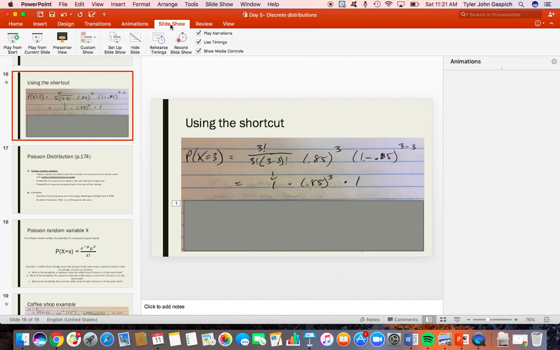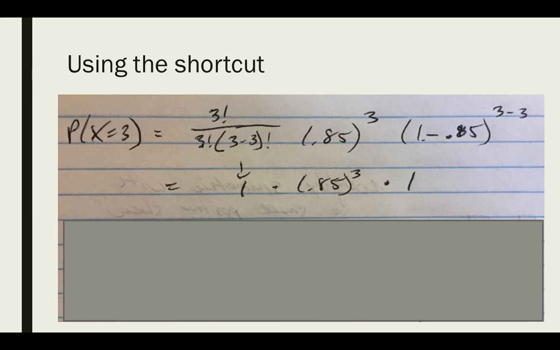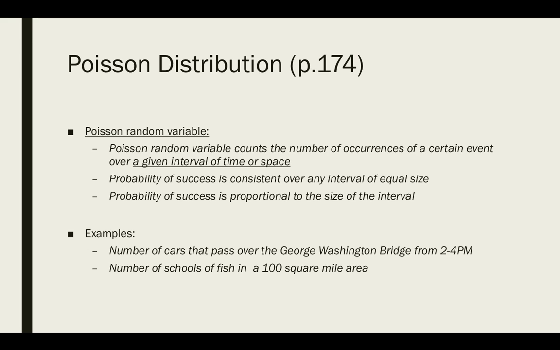Okay, the last video in our series features another discrete random variable distribution. It's called the Poisson distribution, and this starts on page 174 of the text if you want to follow along and look into more details for it. But the big factor in the Poisson distribution